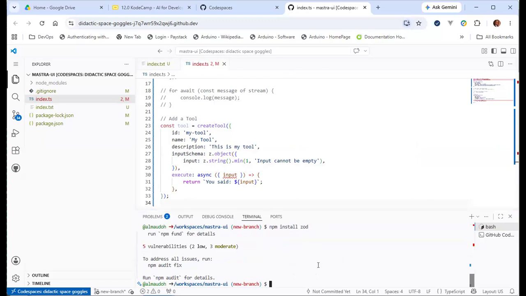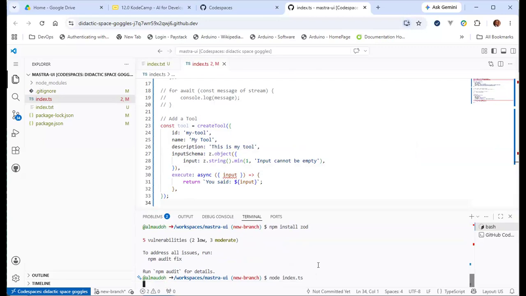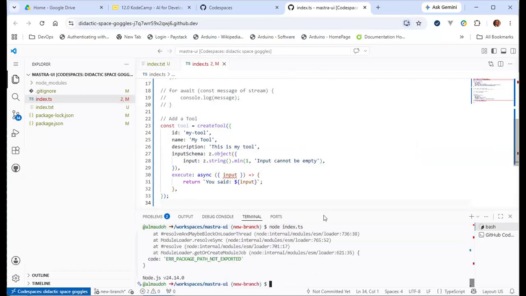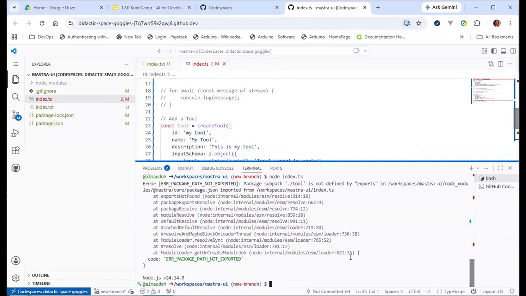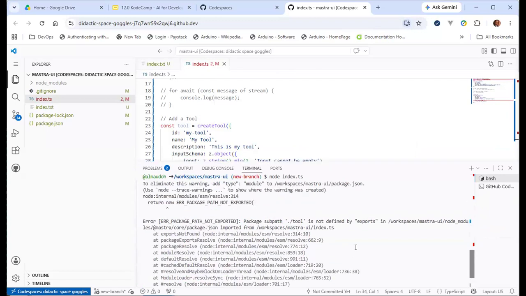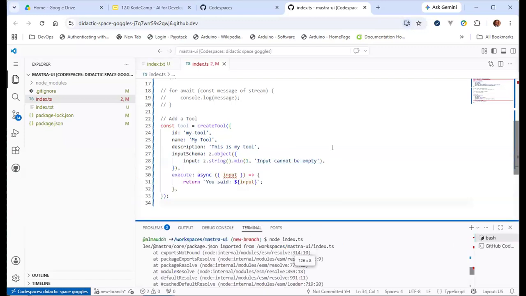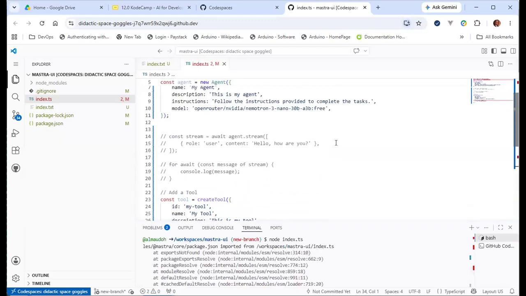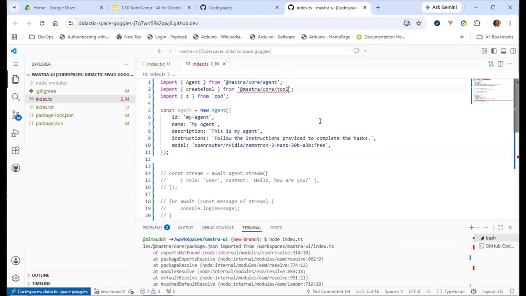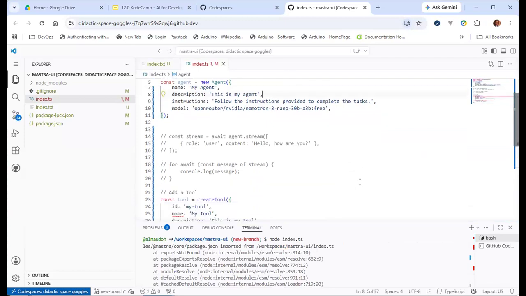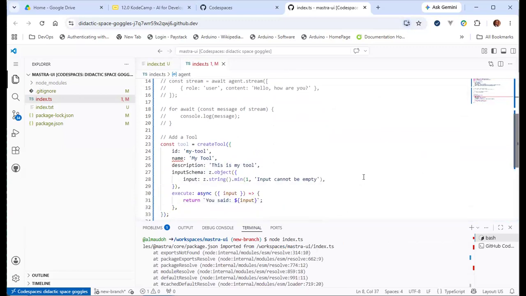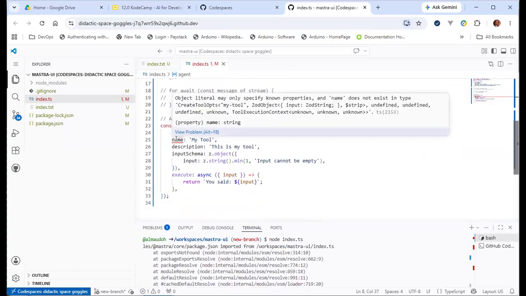If I run this now, let's see, then Zod will generate this schema and should not have the problem. Okay, yes, so this should be tools, not tool. The package should be tools, not tool. And of course, that also throws this error.